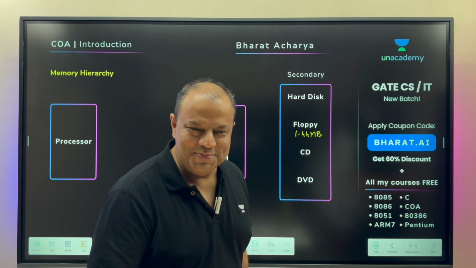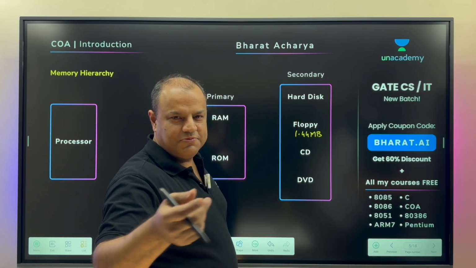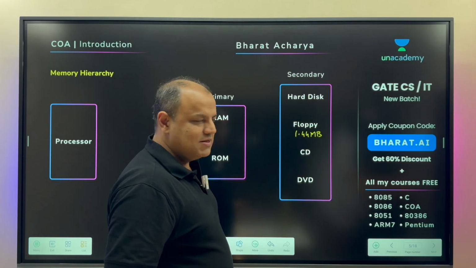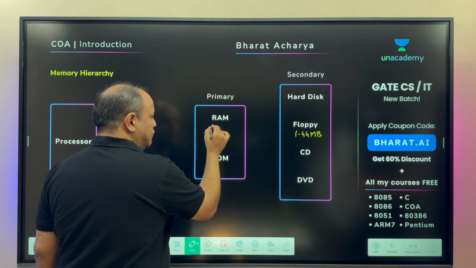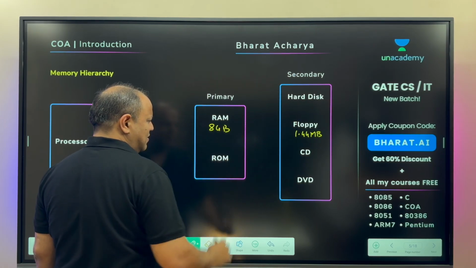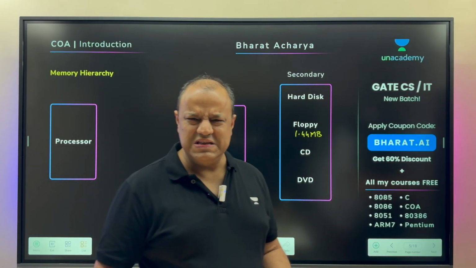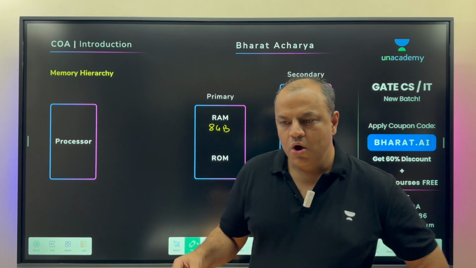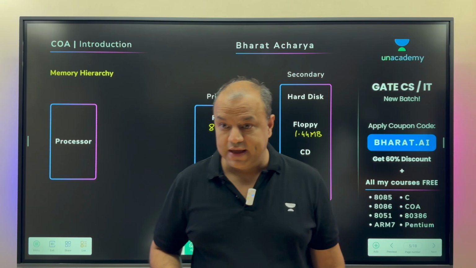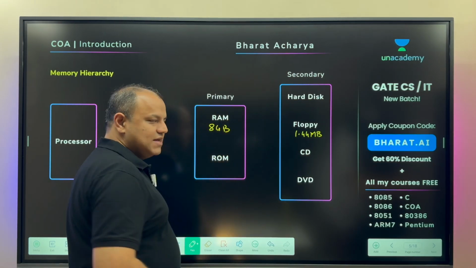So how much RAM does a computer have today? Any typical computer you buy, you search on Amazon or any website, a laptop, the first 10 that you get will have a RAM of around 8 GB. It can be a little less if you want a cheaper one, that is 4 GB, maybe 6 GB, some may have a crooked configuration. Or you may have a more expensive one with 12 GB or 16 GB RAM if you want to do gaming, probably even more. But an average, typical computer has 8 GB RAM.